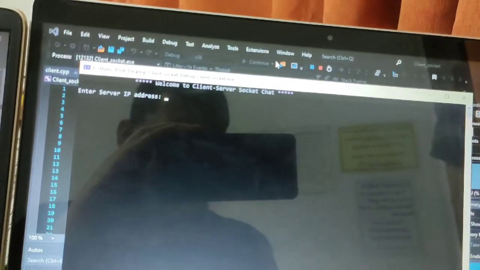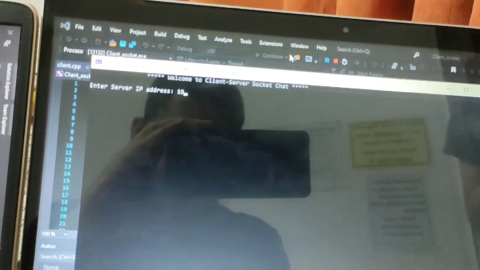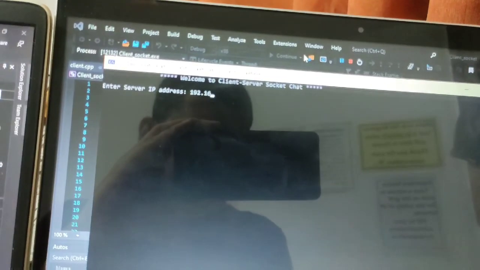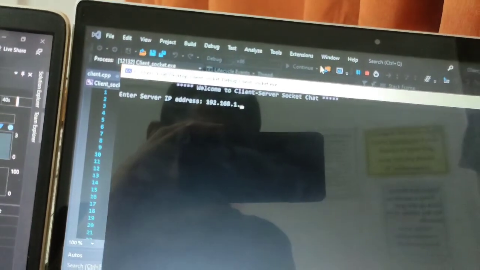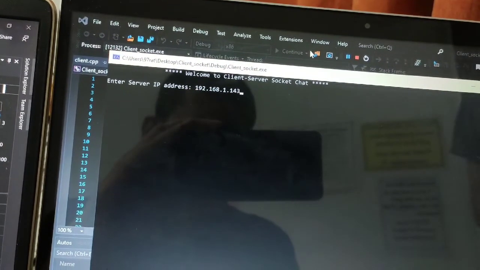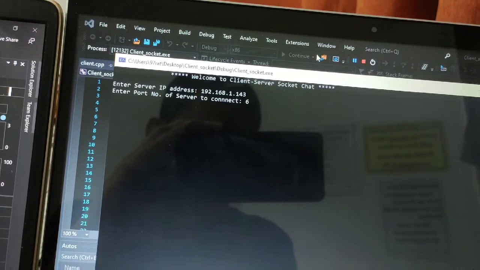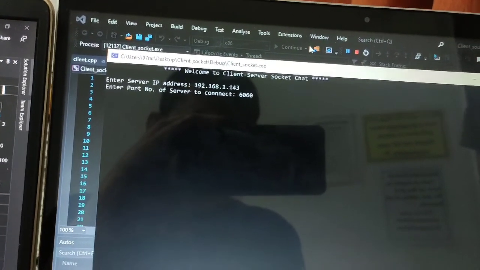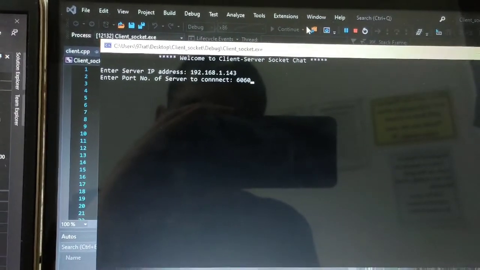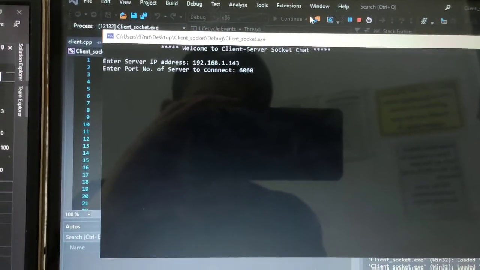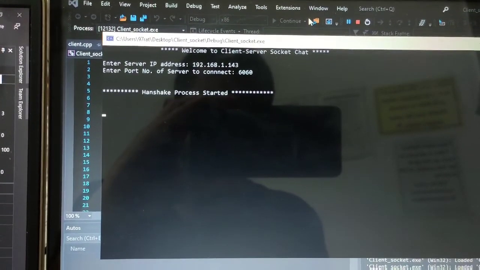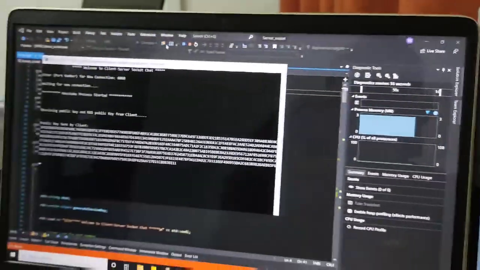On the client side, the user can input the IP address of the server and also the port number. The IP address and the port number need to be exactly the same as the server. So once it's connected,